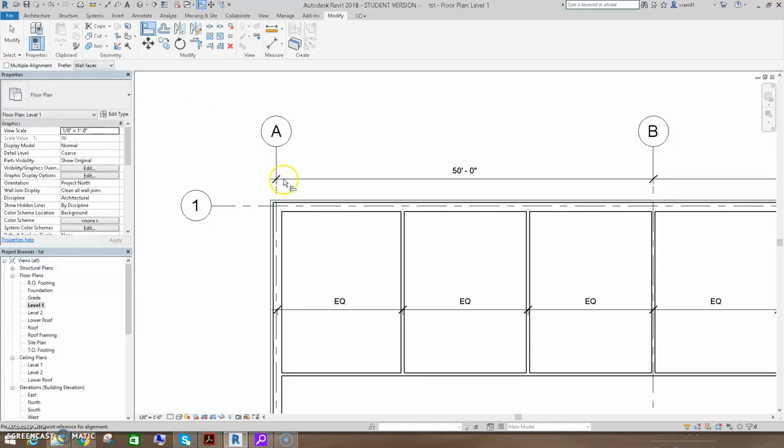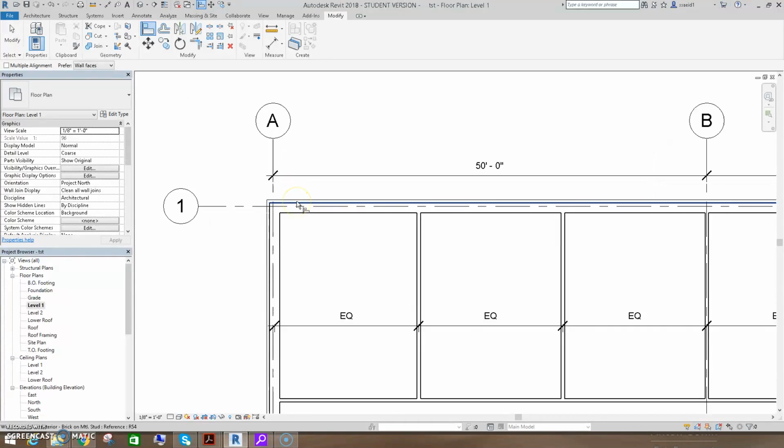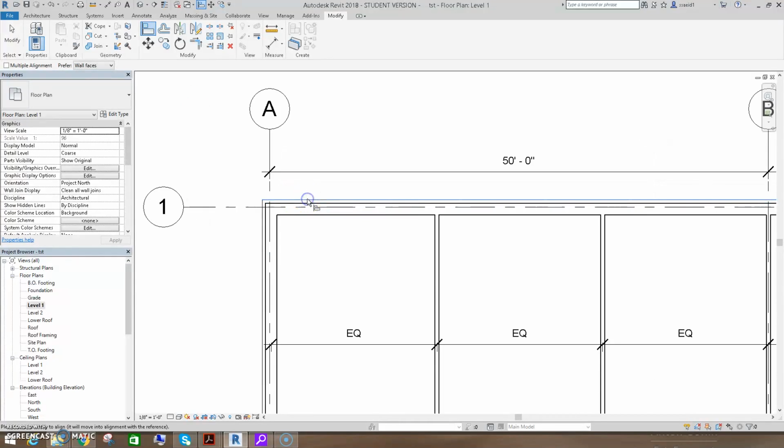With align, if I pick an object and then pick a second object, this second object will be aligned to the first object. But actually this is not what I wanted, because my grid should be located at the center of this. So I escape this and I hit